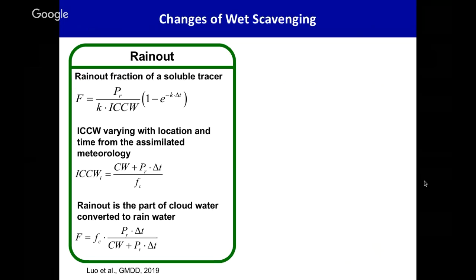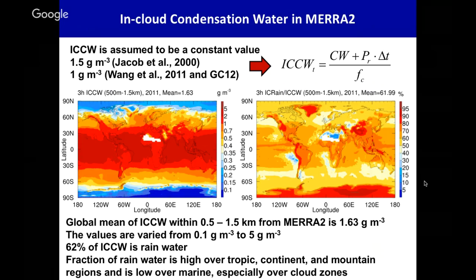Equation 2 is the method we use to represent in-cloud condensation water in our new method. Putting this into equation 1, we get the simplified equation 3. I think the physical meaning of this equation is very straightforward. It means that rainout is the part of cloud water converted to rainwater. And this slide shows the global distributions of in-cloud condensation water and the fraction of rainwater in cloud condensation water